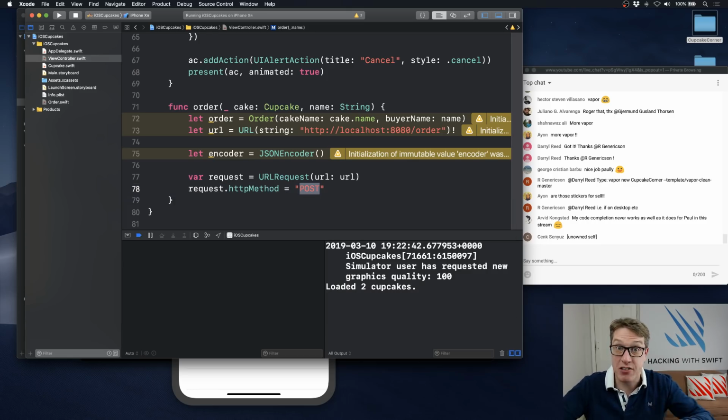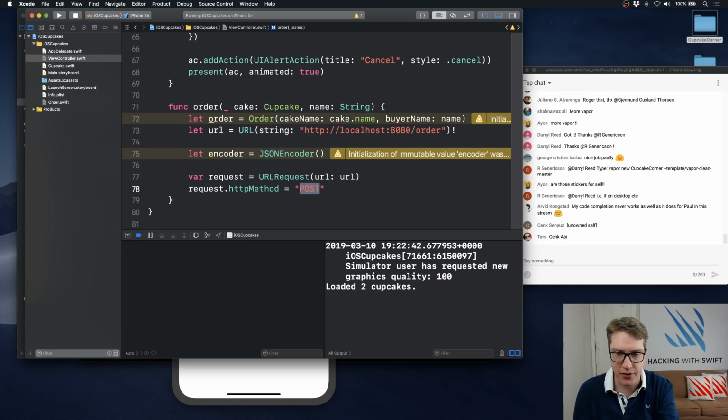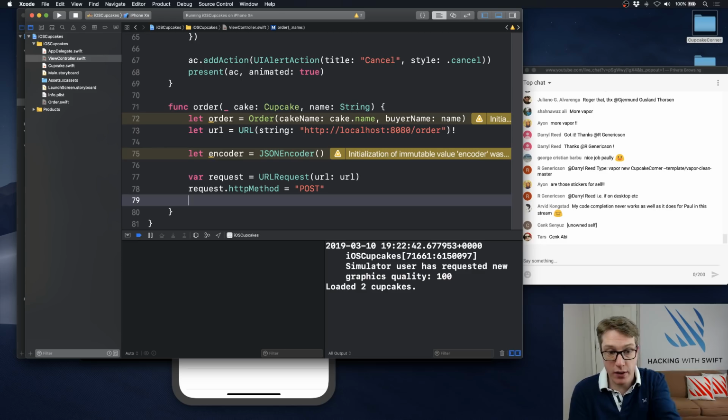So we're writing data to the server. Remember, get reads, post writes. There's one more, but those two are the main two, basically. So we're doing a post request here. We're going to say